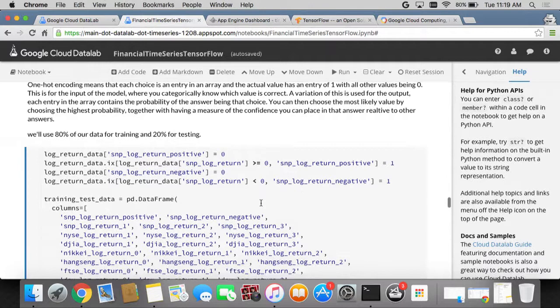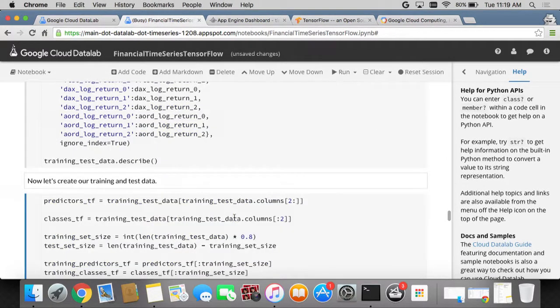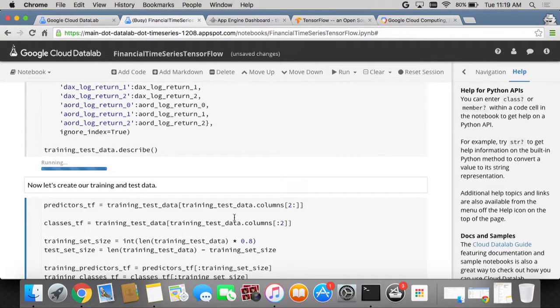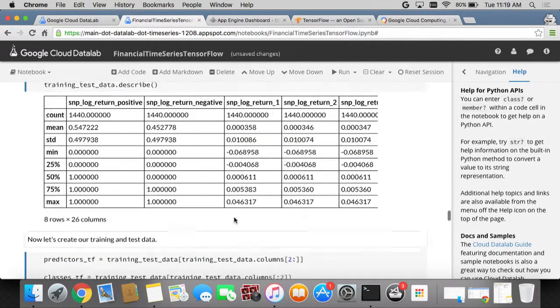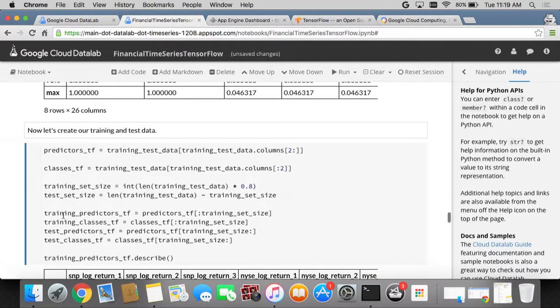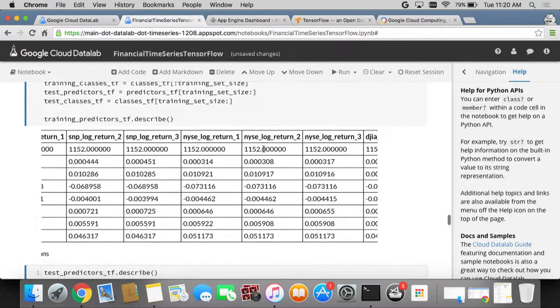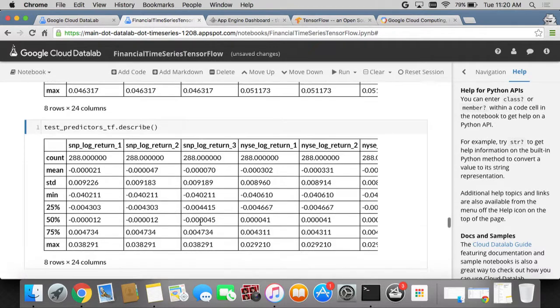So what do we do? We first prepare the data to be able to run it. So we create our test data. We have 1,400 different data points for each market. We're separating it, so in order to build a model and train it, 80% of the data will be used to create the model, and 20% is going to be used to validate the model. Okay. So I'm creating the subset.